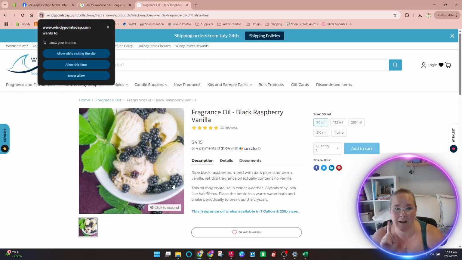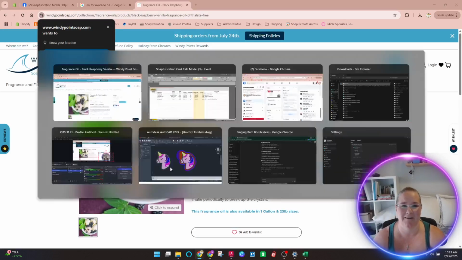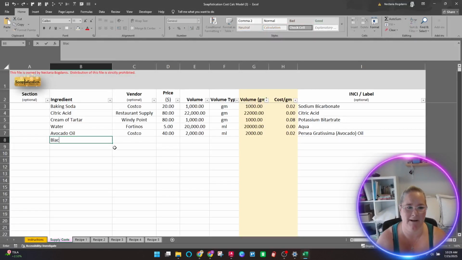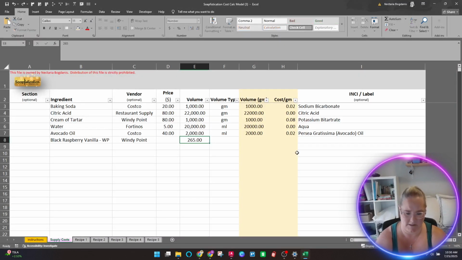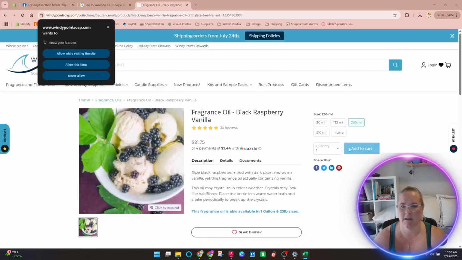So this is, I'll show you this later, because I might be getting ahead of myself. Black raspberry vanilla. And I might put WP, just so I know where that's from. And let's say I use this a lot, so I get the 265 milliliter, and it's going to cost me $21.75.